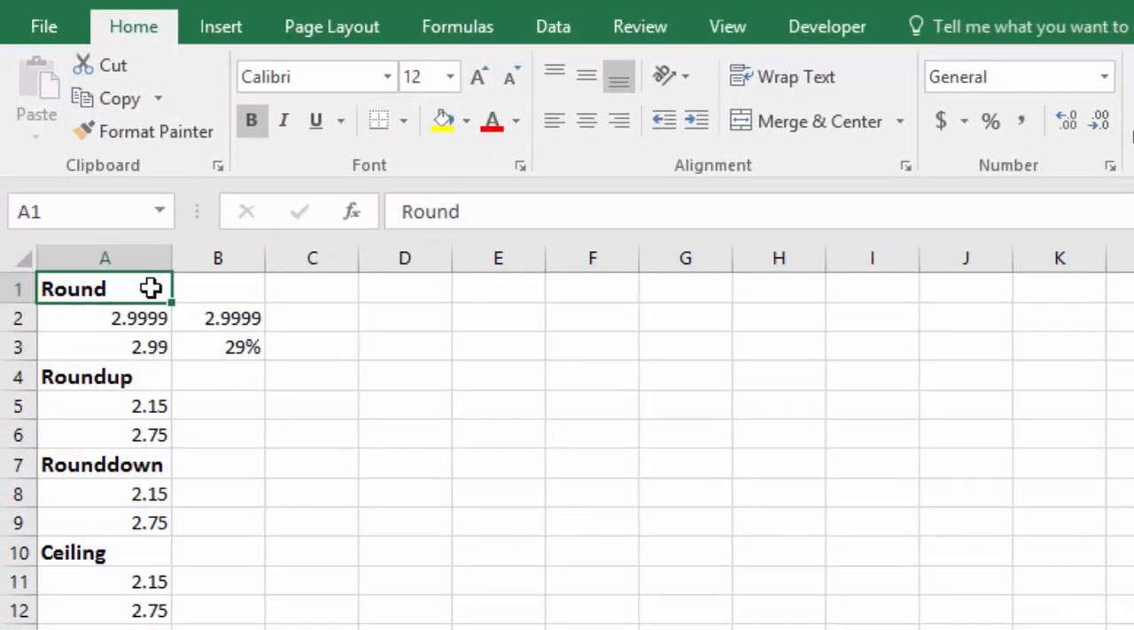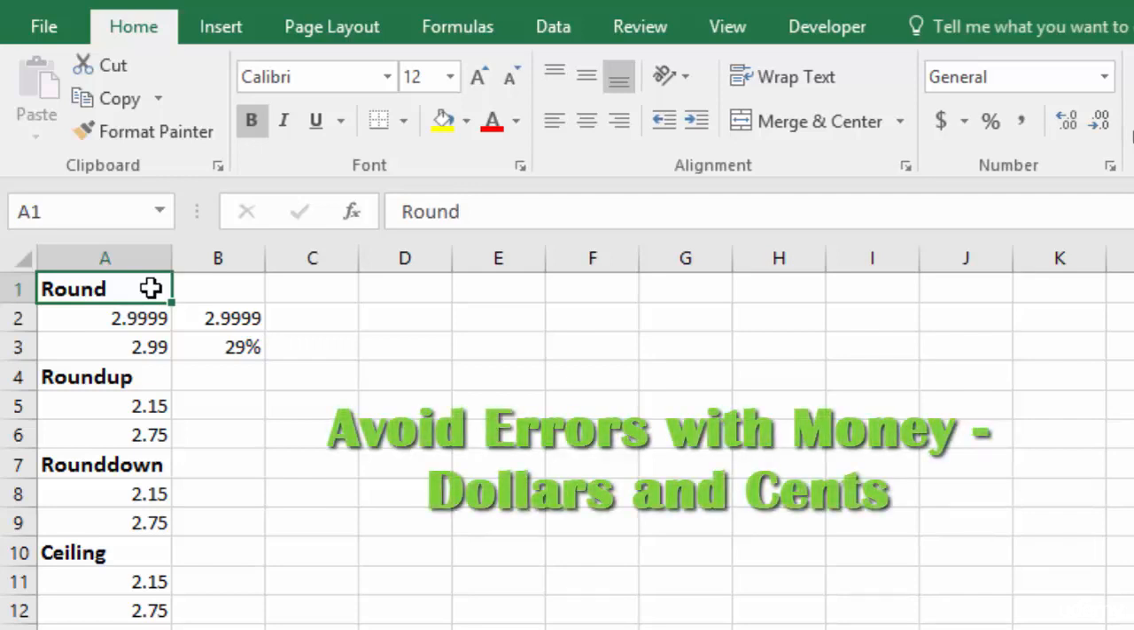My favorite use for the round function is to keep you out of trouble with math errors in Excel. The best way to show you this is just to dive right into an example. So let's say that we have two numbers here. We have 2.9999 and 2.9999. So if we add these two cells together, I'm just going to go ahead and use the AutoSum,